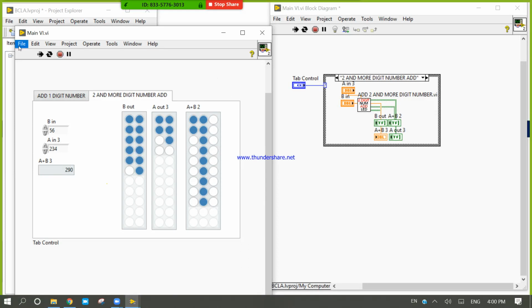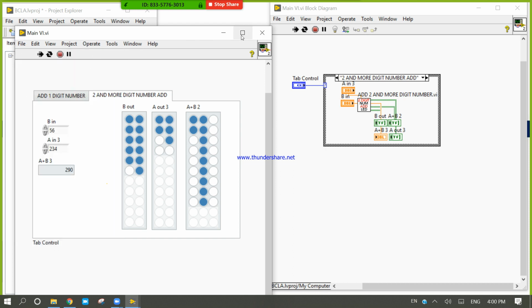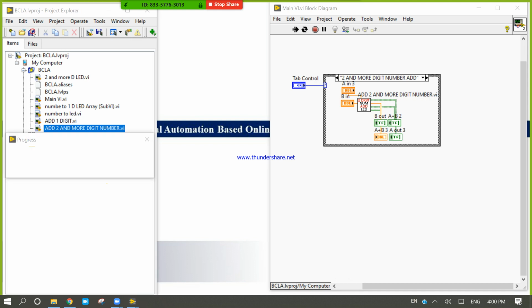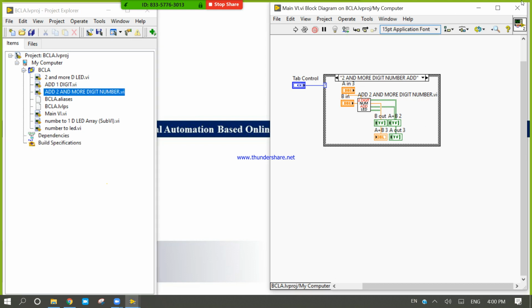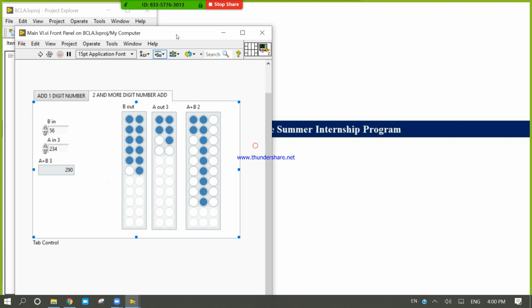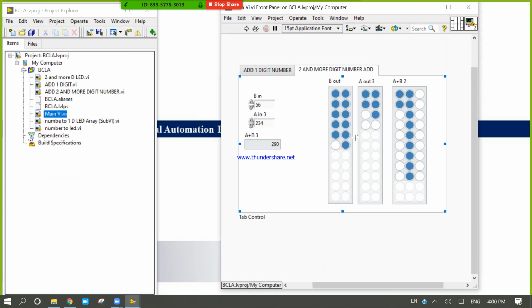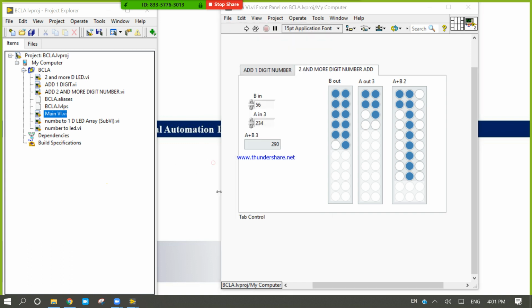Okay, so now the time has come to save. Now I am going to save. Okay, now save all. So now everything is saved. Okay, program stop, save. So now everything is saved. Now if I click on this, I will directly get this function. Okay, and now if I click, I will directly get this function and I can run.